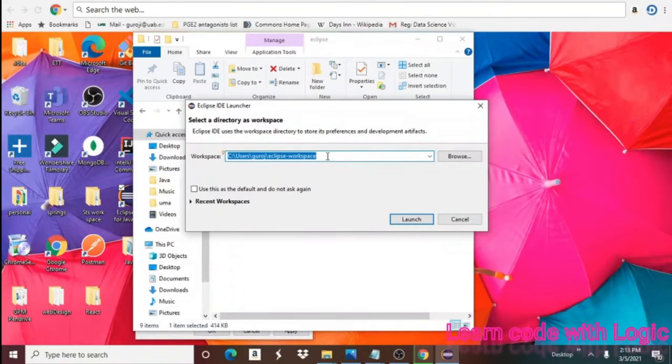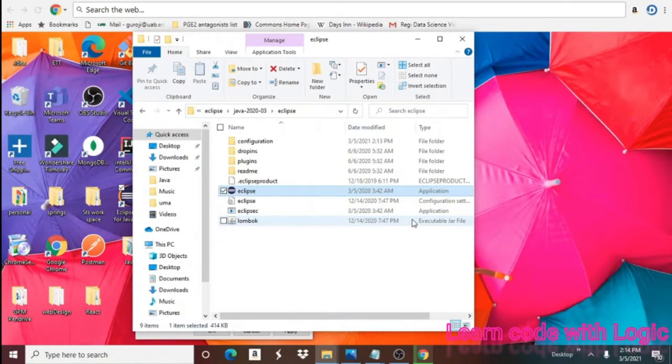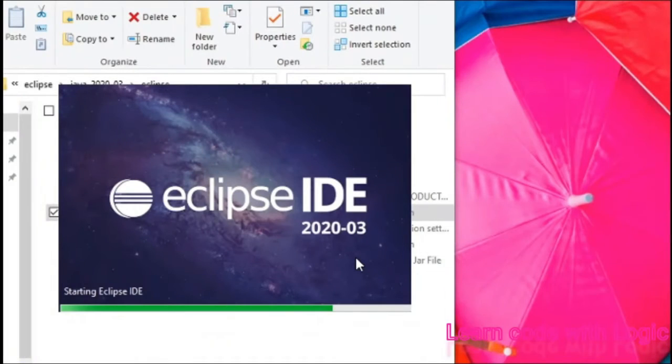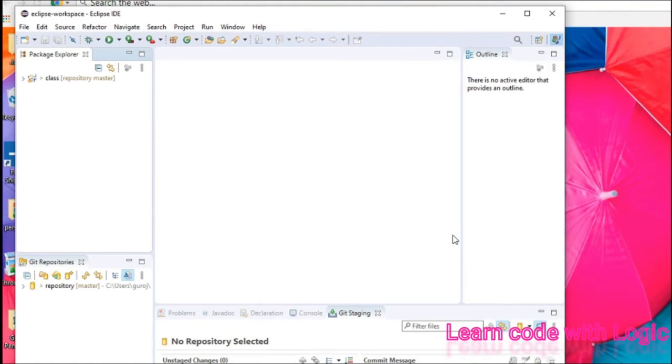It will also ask for the workspace. If you want to download or make a copy, you can go over there. Basically, the workspace is where you are saving all your files. Just launch it. The IDE is going to open now. So this is the screen you are going to see once you are done with your installation.